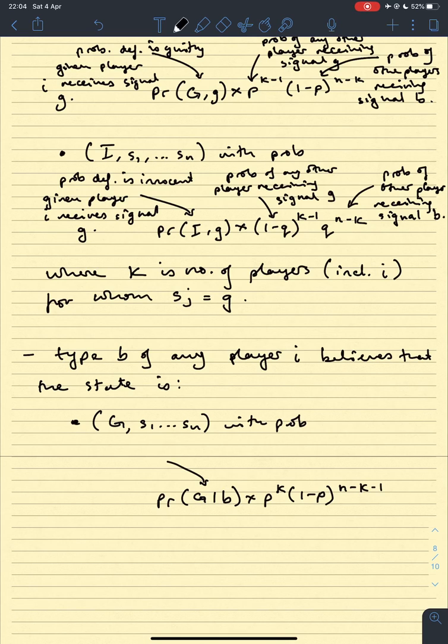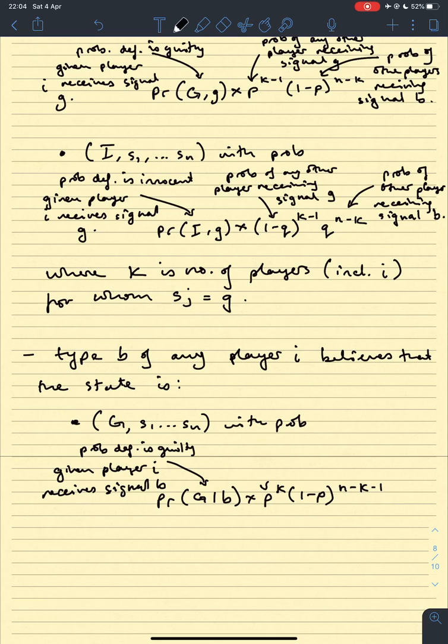And this being the probability that the defendant is guilty given player i receives signal B,